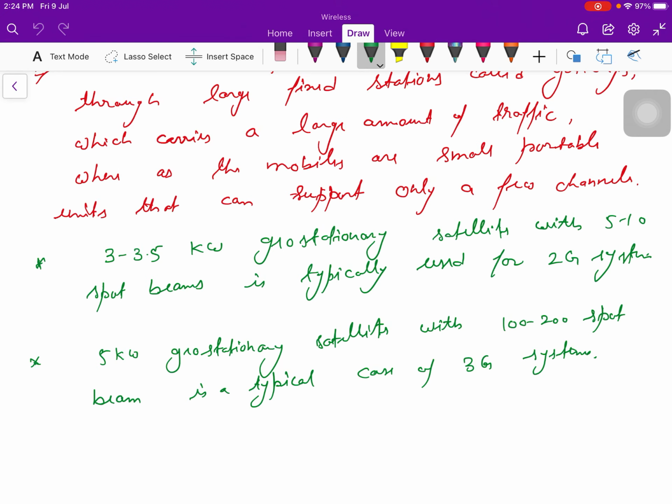According to this spot beam, there are entries in the HLR and VLR, that is, the home location register and visitor location register. So identification of a mobile unit is not very difficult in mobile satellite communication. The main problems in mobile satellite communication are the difficult propagation environment and the small mobile terminal size. So these are the two main problems in mobile satellite communication.